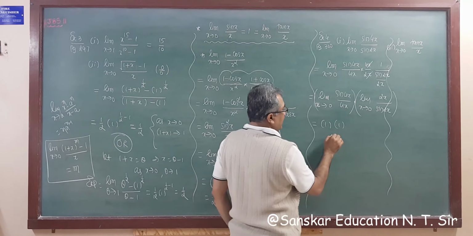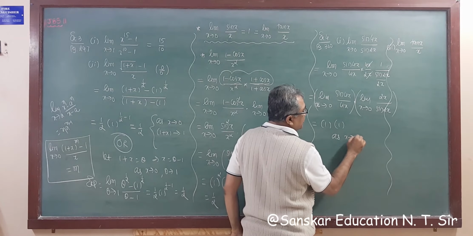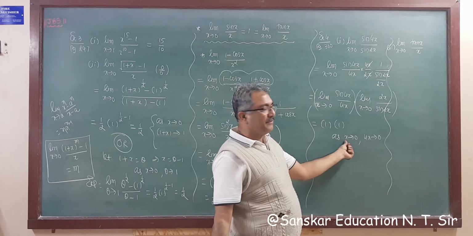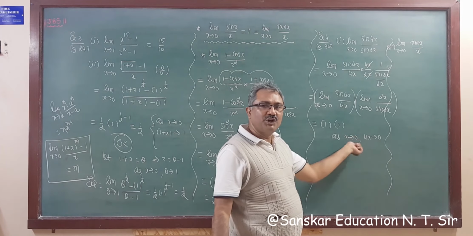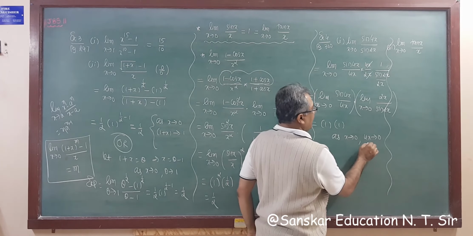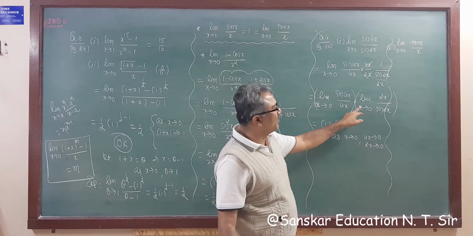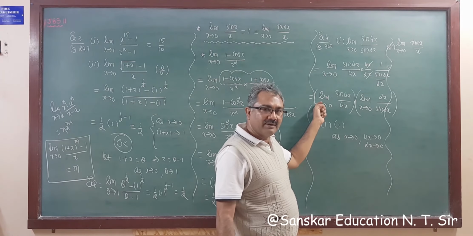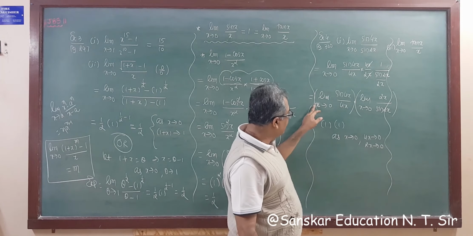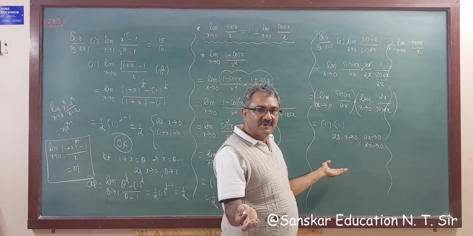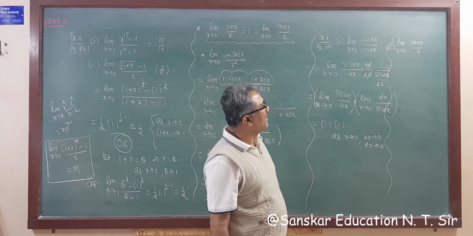And you can write, as x tends to 0, 4x also tends to 0 if you multiply by 4. 4x tends to 4 into 0, which is 0, and twice x tends to 0. So there is no need to write the 4 or 2 here. If you don't want to write them, you can write like this. If you write 4 and 2, it's also okay. No problem at all. Right? Got it? Now this.